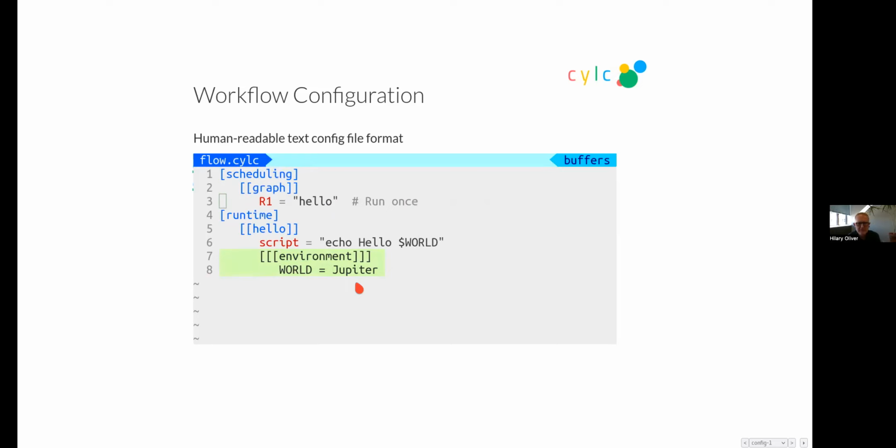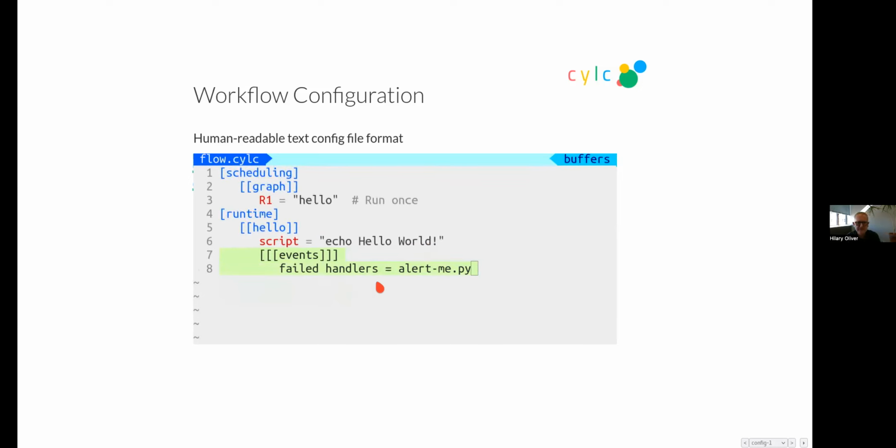Now, if you want to specify the environment for your task at runtime, you do it like this. Specify the platform you want the job to run on. You do it like this. Look at the NeSI support page for more details of this, but basically if you're using Slurm on Mahuika, you do this, and you give whatever Slurm options you need there. You can do things like tell your task to retry after a series of intervals or delays. That says 5 delays of 60 seconds. If the task fails, we'll retry on that time schedule.